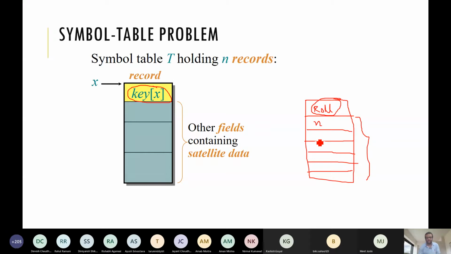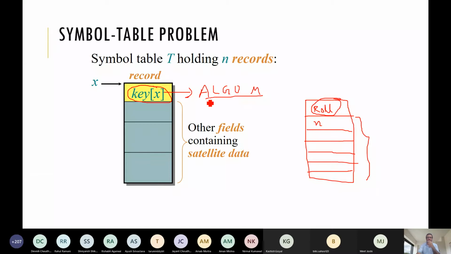Say we have 300 students, each having all the fields. Among these fields, we choose the algo marks as the key field.